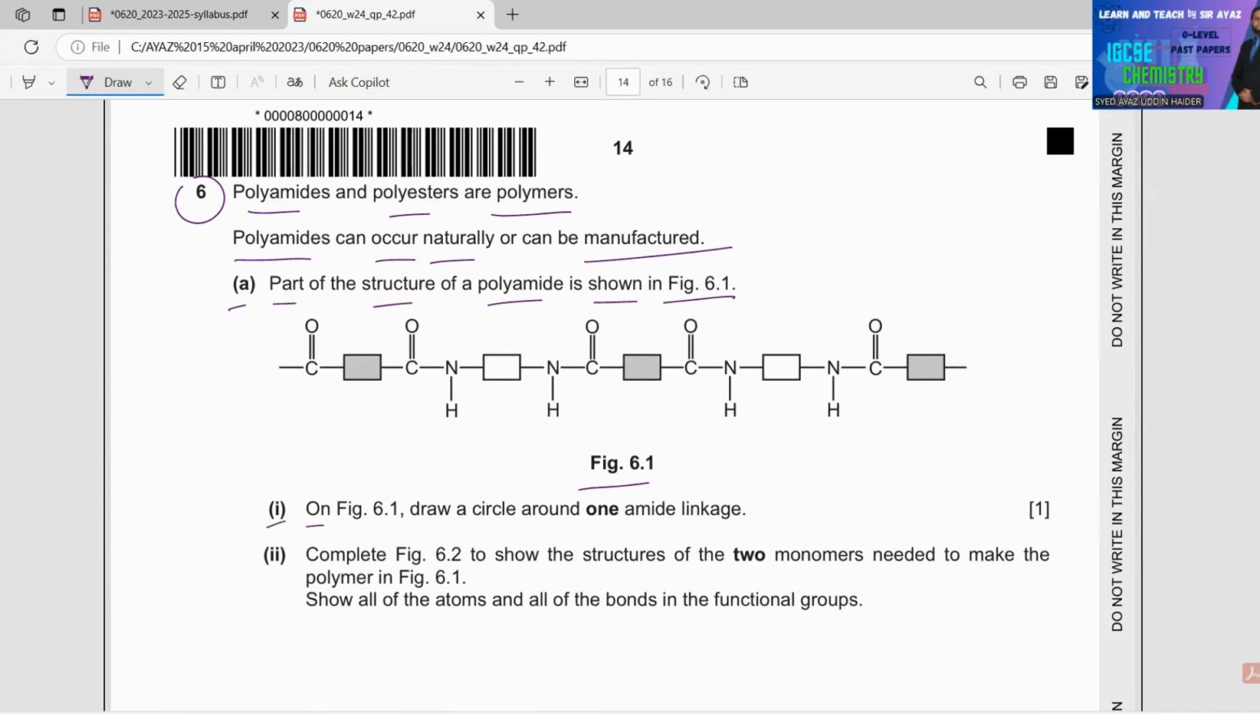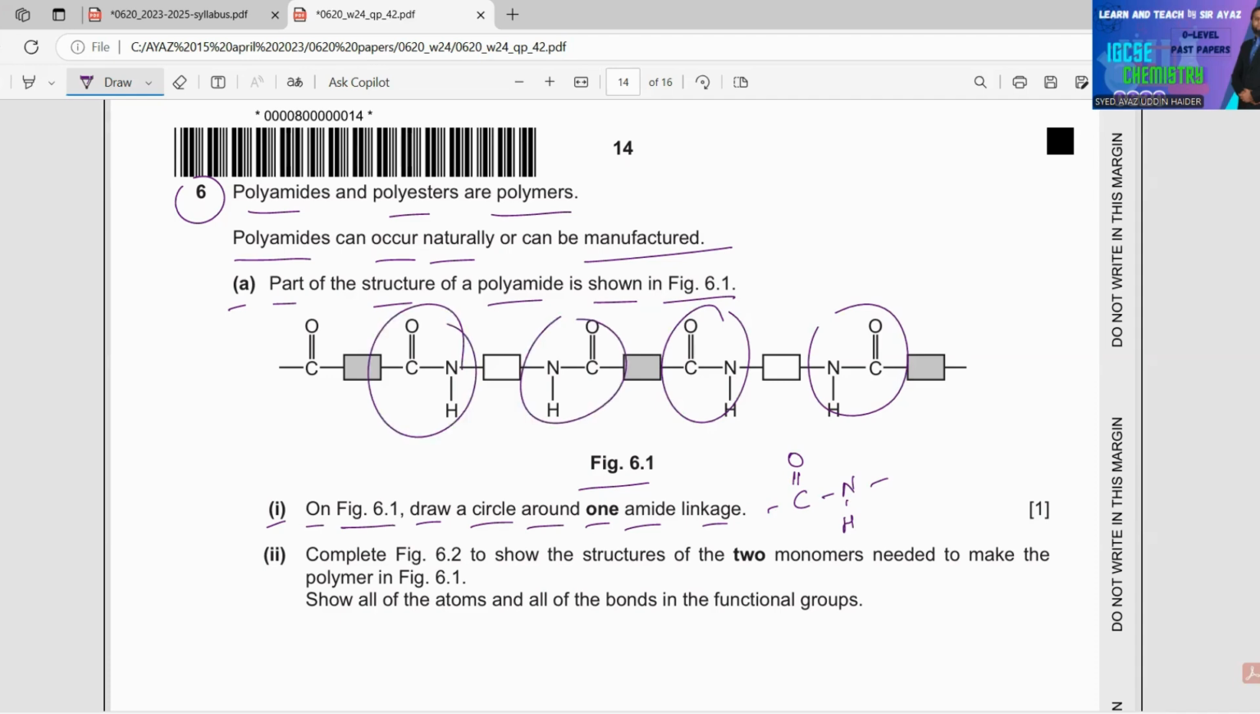1. On figure 6.1, draw a circle around one amide linkage. Amide linkage is C double bond O and H. So you can draw a circle on any of these amide linkages. All these are amide linkages. This one is also, circle,